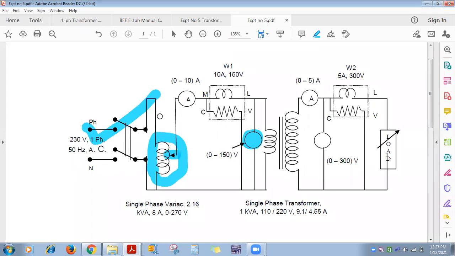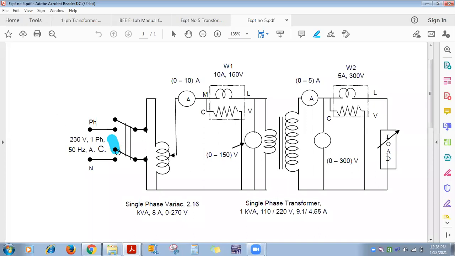The available voltage is constant, and you have the auto transformer; in the next lecture we are going to see it in detail. In brief, it is there in your syllabus. Right now, keep in mind the application of the auto transformer. Transformer we know, to step up and step down the voltage. And what about the auto transformer? To apply variable AC voltage.